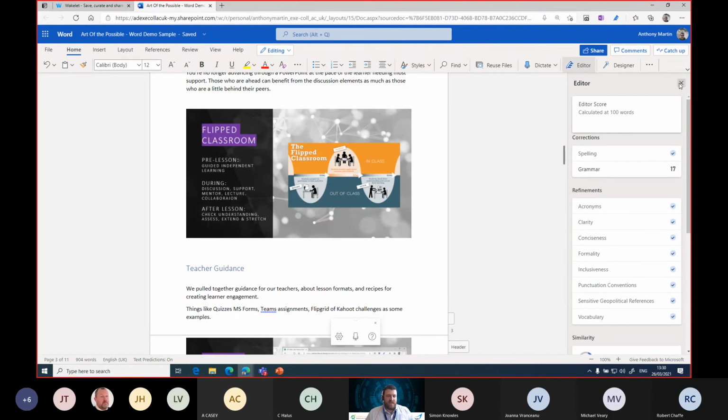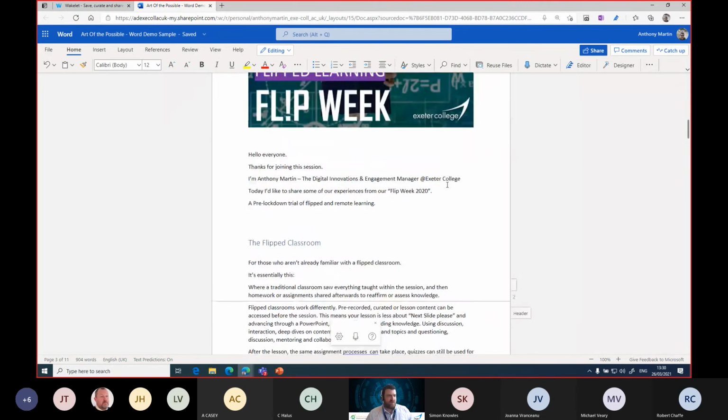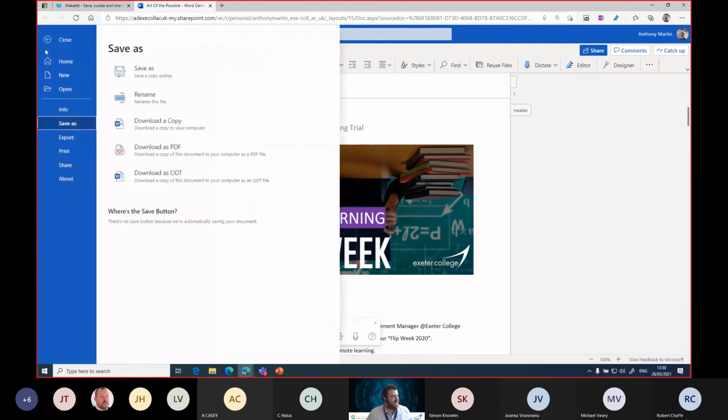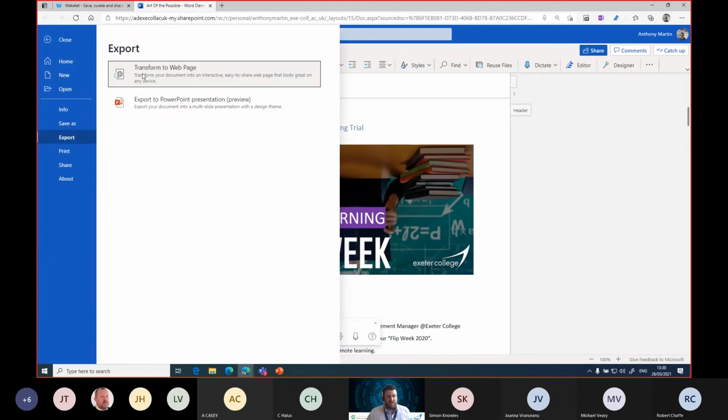So when we're happy with that, we've got our Word document. I could print it, sure. I could share it, so it stays in my OneDrive and give it out to people. But we talked earlier about Sway. And this is where I could take this document and turn it into a Sway really easily without all that extra design hassle. So if I go to File and I go to Export, you see you've got this option called Transform to a Web Page. So if I click that,